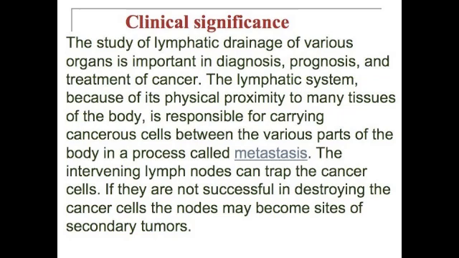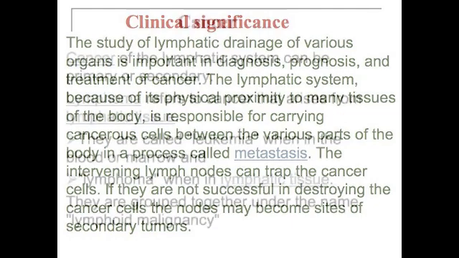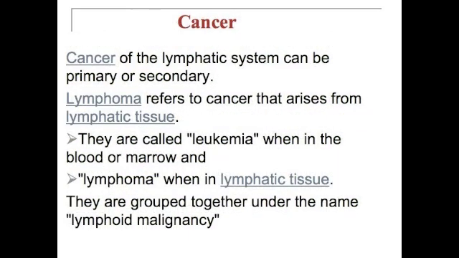The intervening lymph nodes can trap the cancer cells. If they are not successful in destroying the cancer cells, the nodes may also become sites of secondary tumors. Next slide. Cancer of the lymphatic system can be primary or secondary. Lymphoma refers to cancer that